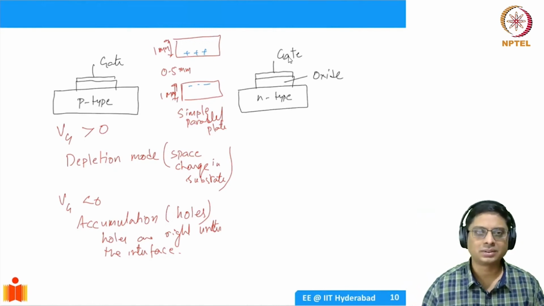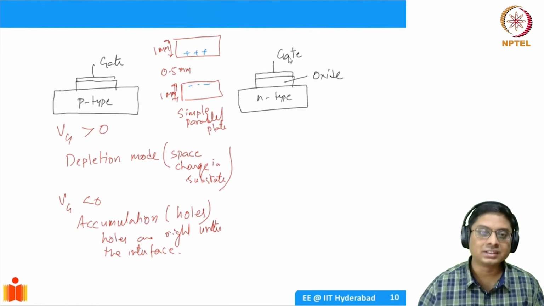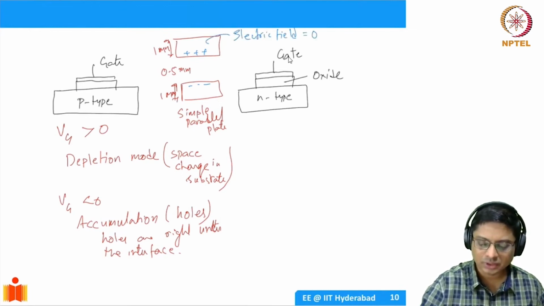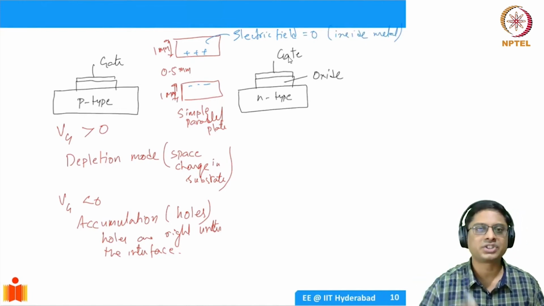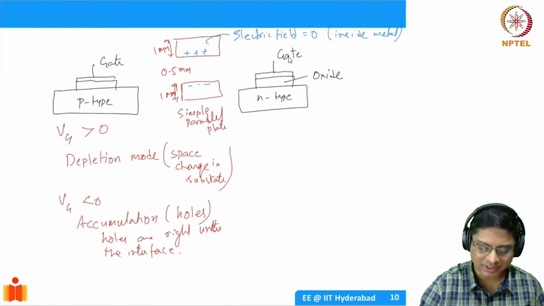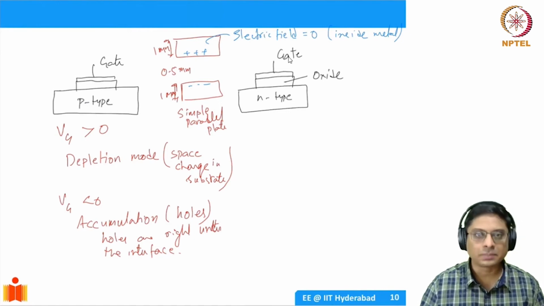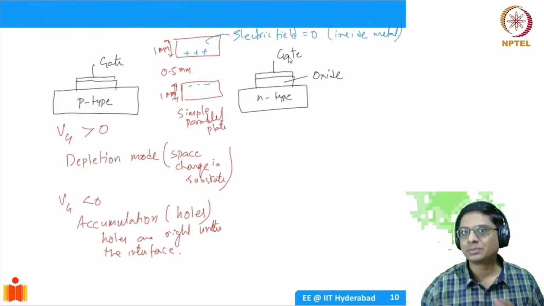Because we know from basic electrostatics that there cannot be any electric field in the metal, right? Electric field is zero inside metal. Outside, non-zero. So at the interface, there has to be a charge, which is going to be plus Q. So this is at the edge. Similarly, in the other plate, there will be a negative charge, but that is right at the surface, not inside the metal itself,